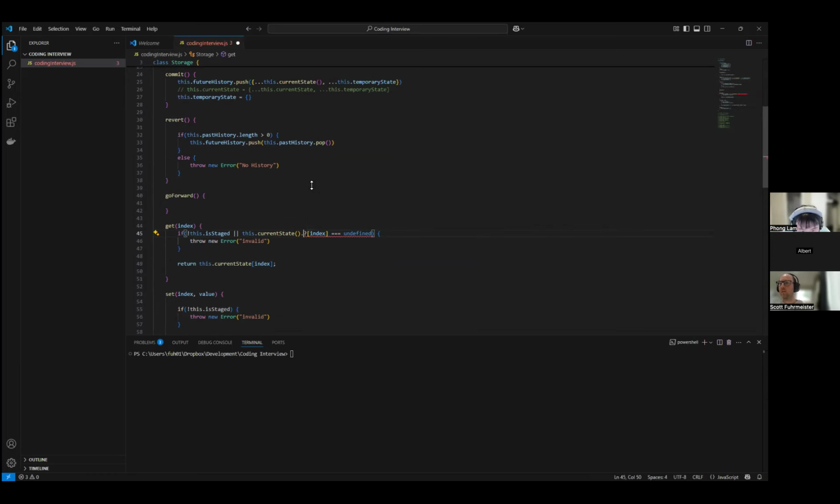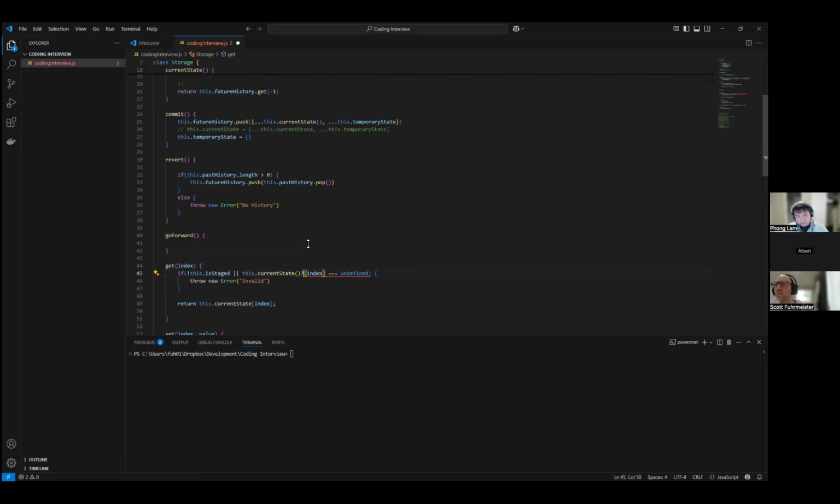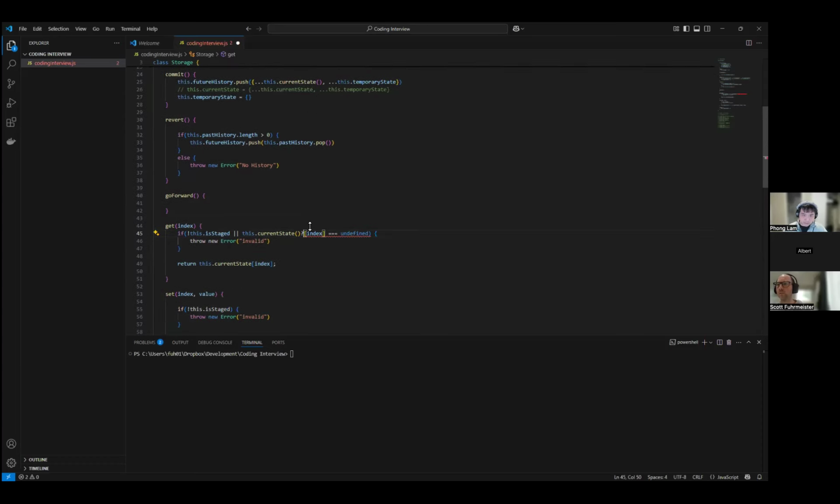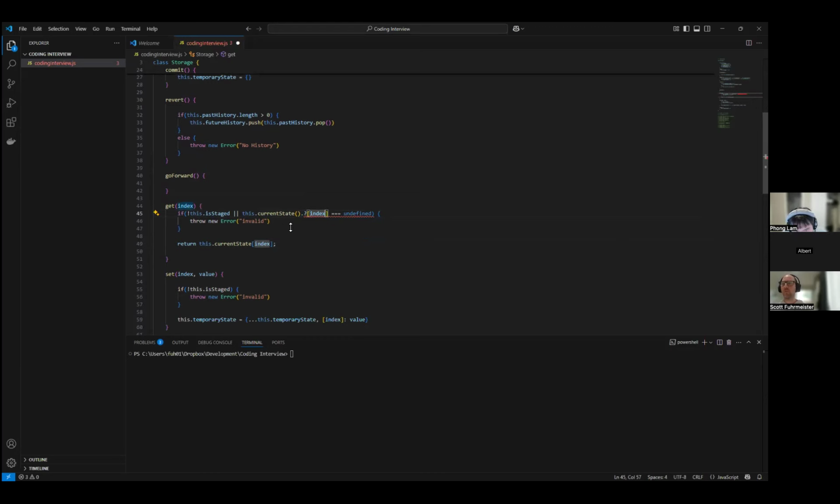Cool. I don't know why it's complaining here. I think I know what you mean. This is checking if it's, I'm not sure, maybe because it's a function call, you should be able to do dot question mark. I don't know why it's complaining here though. Dot question mark is the valid thing. We'll assume that works for now. Oh, actually, maybe the dot comes after the question mark.